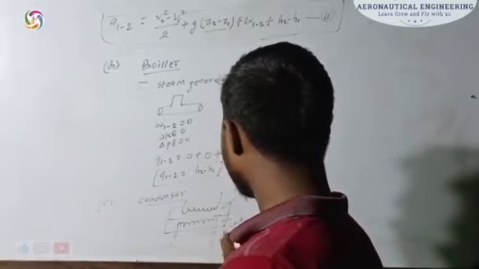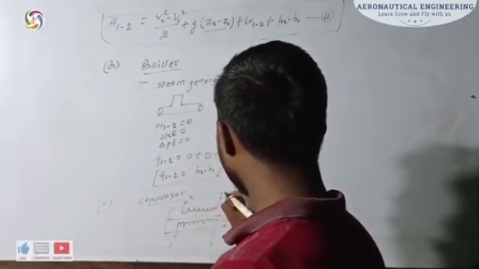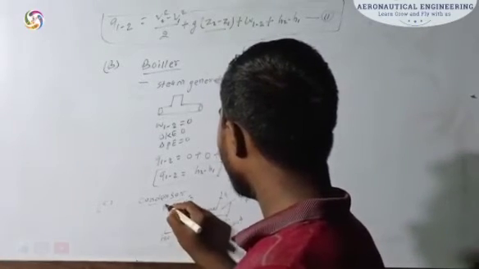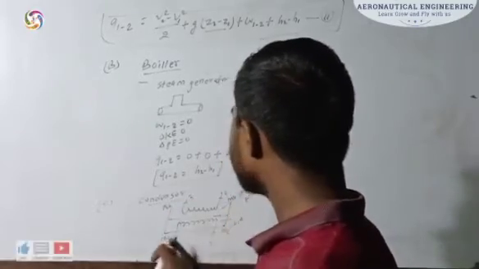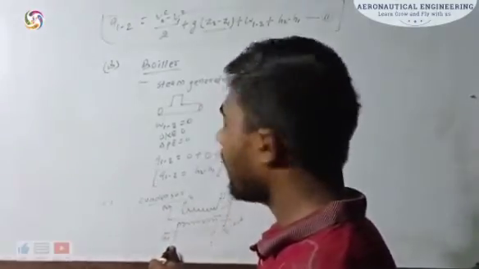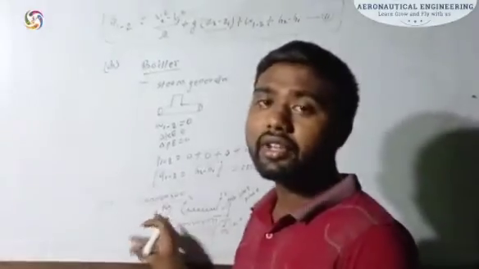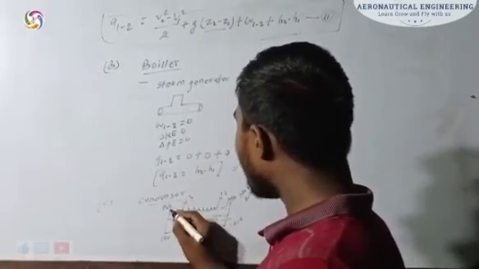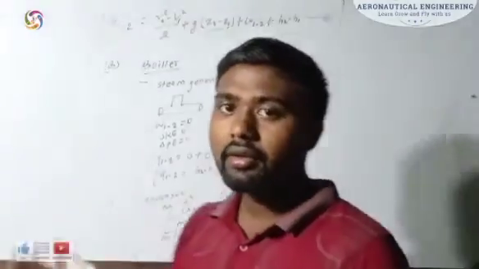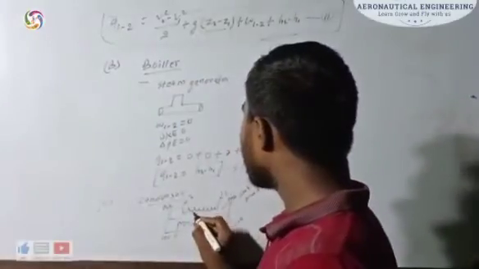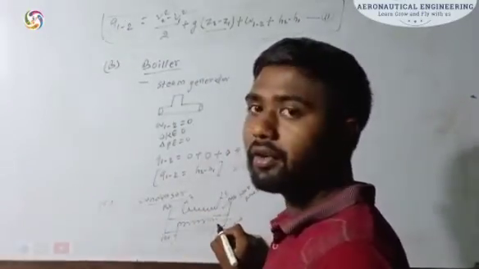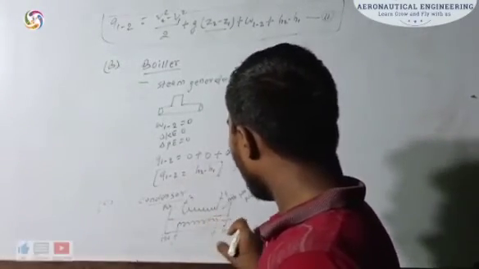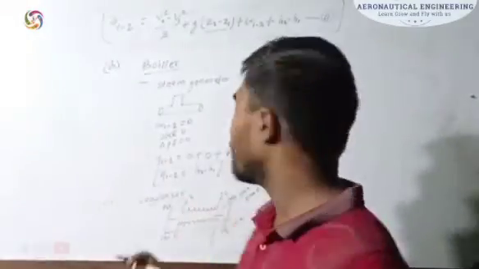Take it as a 1, 2, and this one as a 3, 4. Here m dot c, m dot c, m dot h, m dot h. That is rate of mass flow for cold fluid, m dot c, and m dot h denote the rate of mass flow for a hot fluid. So if we are insulating the condenser from the outside, then there is only heat exchange between this hot fluid and the cold fluid inside the condenser. So heat gained by the cold fluid equal to the heat lost by the hot fluid.